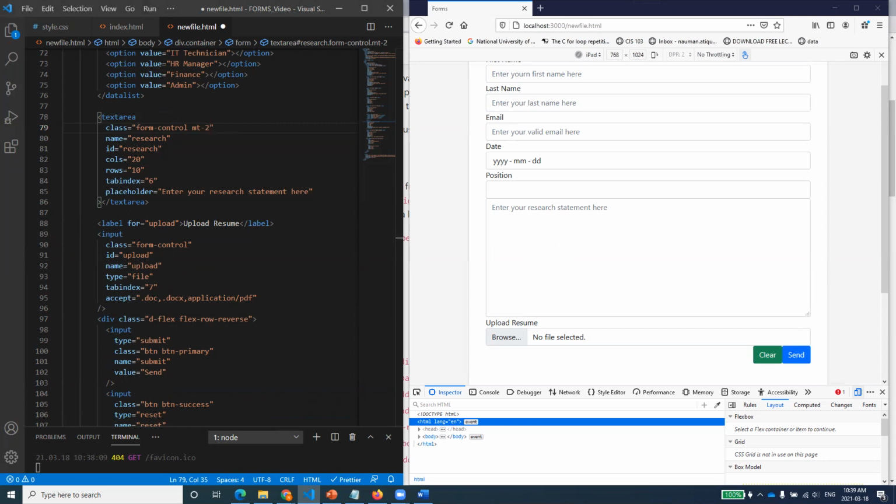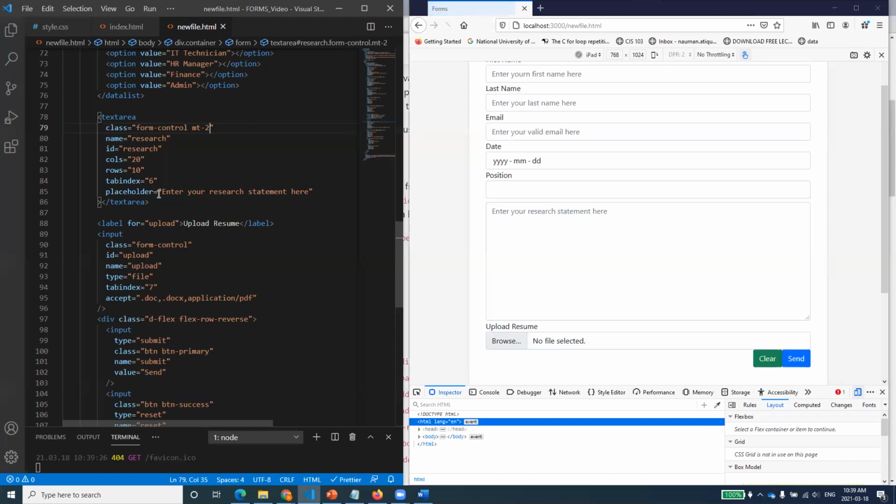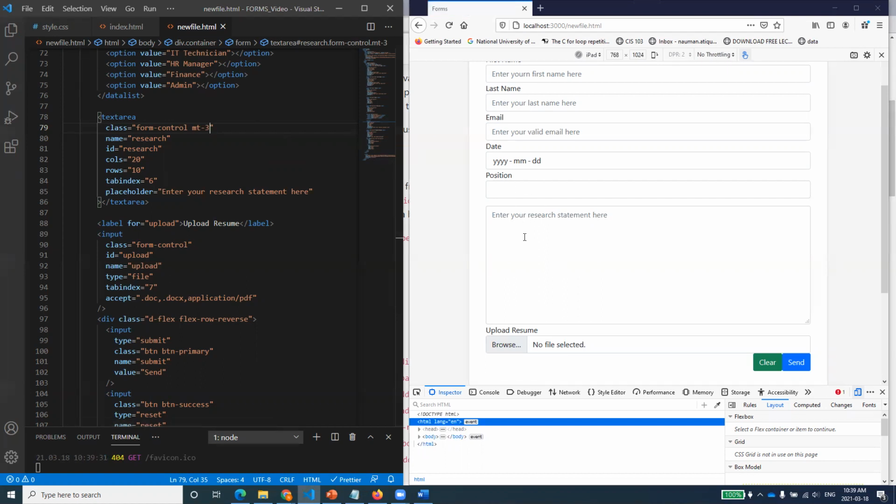Please bear in mind, I'm inside the textarea and inside this class. If you save this one, do you see any difference? Of course, 2 looks a bit less. If I do 3, do you see the difference? Now my text area has started to move away.